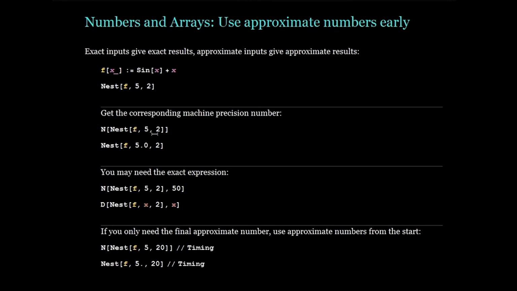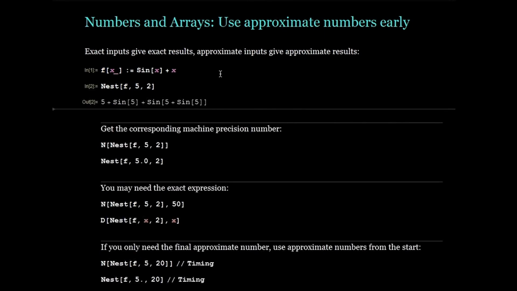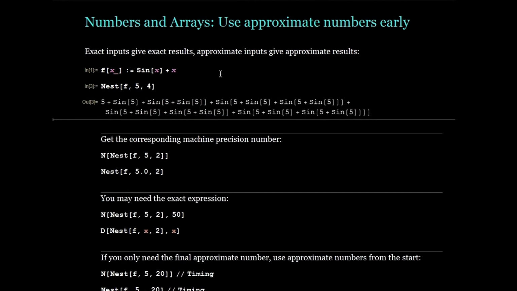Generally, if you give an exact input to a Mathematica function, you get an exact output whenever possible. Sometimes the exact output can be very expensive to compute or can take up a lot of memory. For example, suppose we nest this function f twice, or we nest it 4 times. The more times we nest f, the more time and memory is required to create and store the resulting exact